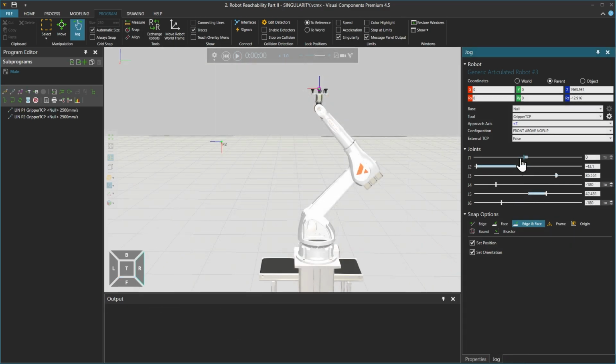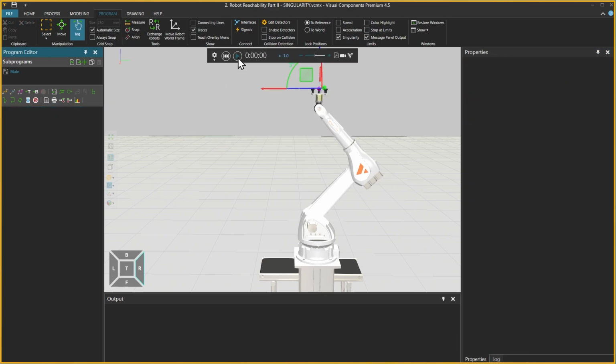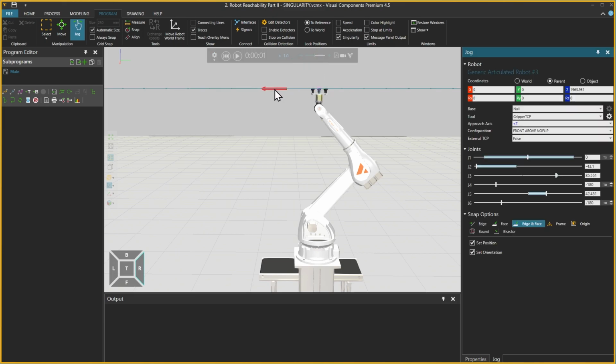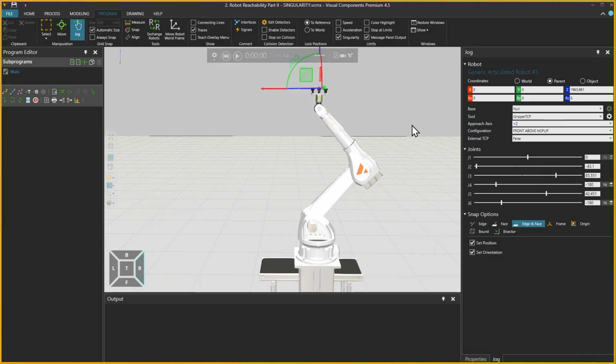Another example of singularity is overhead or shoulder singularity, referred to in Visual Components as polar singularity, which occurs when the axis of joint 1 and the center point of the wrist joint are aligned. Since in this example we want to start a robot motion from an overhead position, we have moved our default configuration from here to here and applied it by either clicking play or save state from the simulation controls. So now when resetting the simulation, the robot will return to this position.